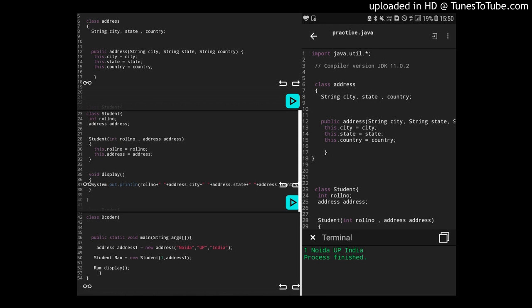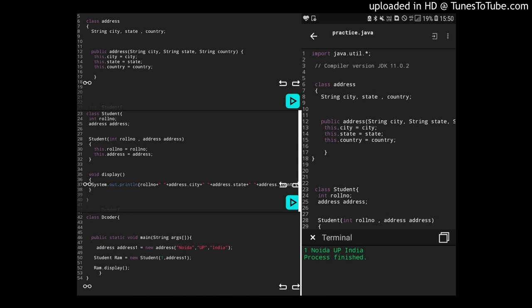The second instance variable that we have here is address. For address, we have to assign values for each of the string variables within the address class, which will belong to this address object, that is city, state and country.